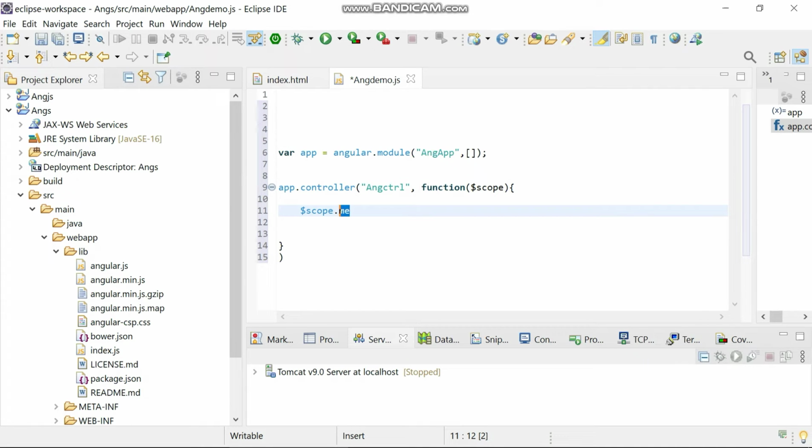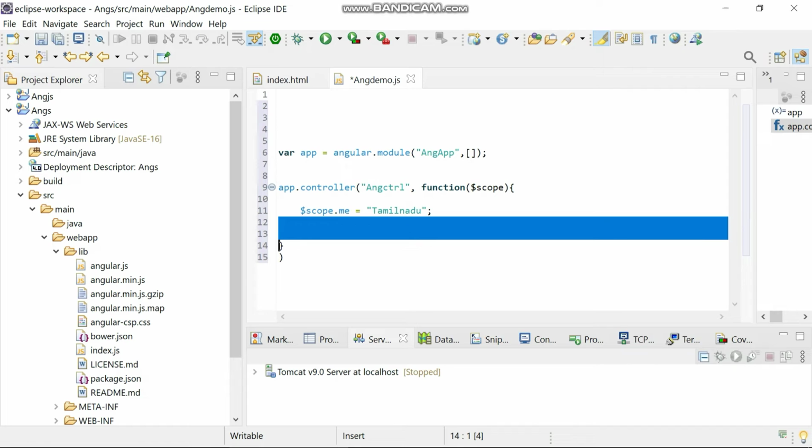It is just a property. Then I'm going to assign a value. We can assign a value or a function. I'm going to assign the value Tamil Nadu. You can give any value. So that's it.